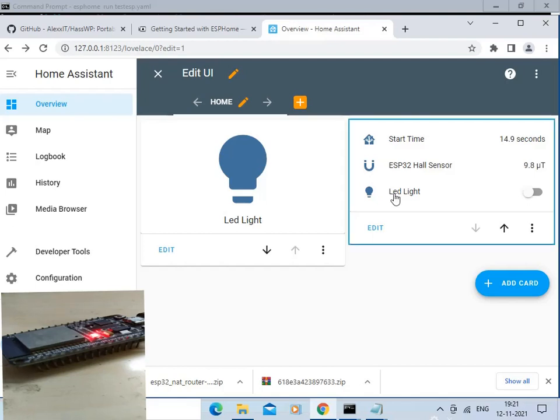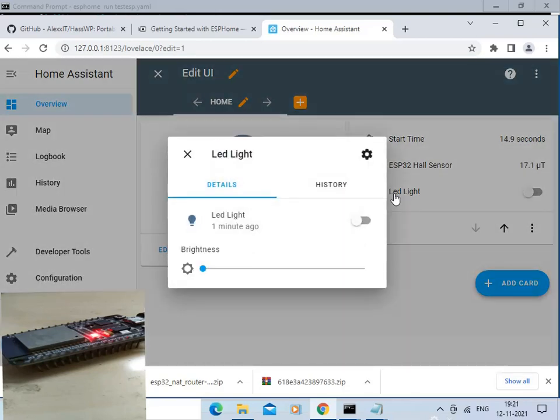Click here on LED light. Now you can see the LED is off on ESP32 board, and brightness level over here is 0. Let us change this brightness level to 50%. Now you can see LED brightness on the ESP32. It is not fully bright.